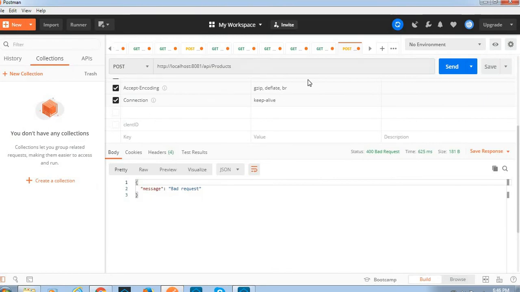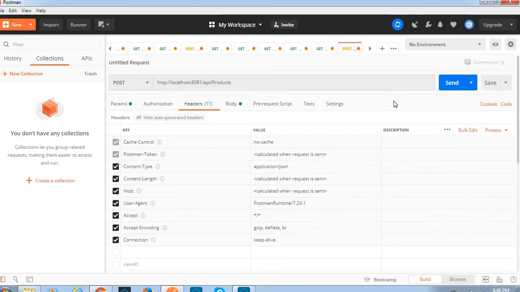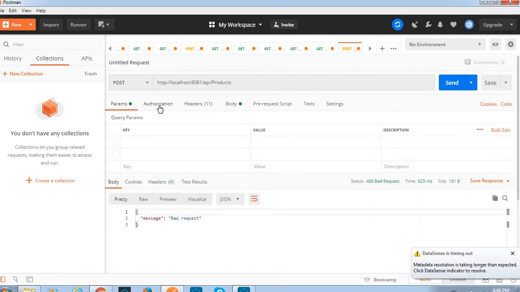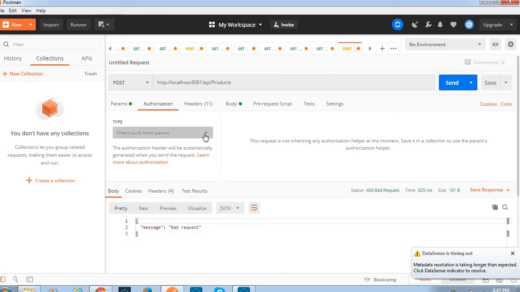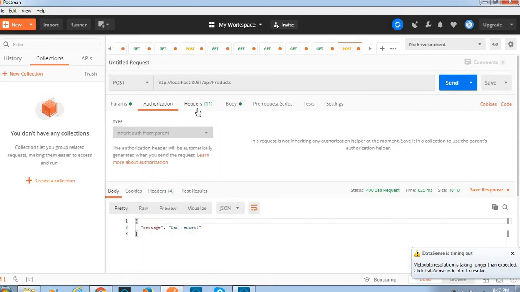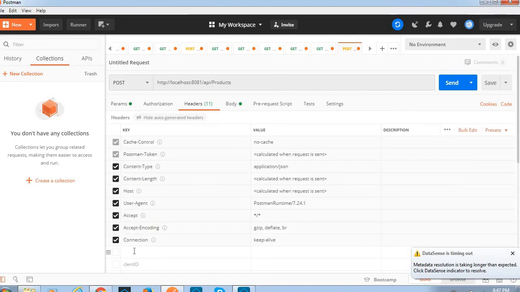Now what we do is go to request, this is the request, come to headers, see, these are the request params, authorization. If you have any specific authorization, basic authentication, OAuth 2.0, we can select that one. See, through header we are sending.